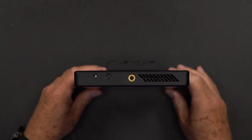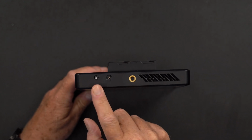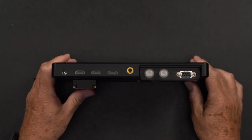On the other side, you've got an audio jack for your headphones so you can hear your audio. You've got a DC 8 volts. If you want to power your camera from here, you can. You also have another quarter 20, and then on the bottom, which is where the magic happens, this is your